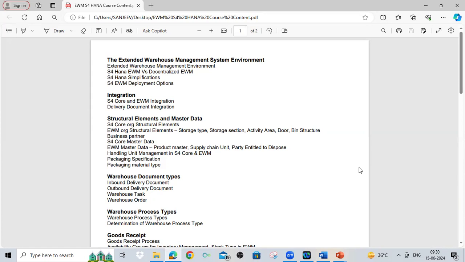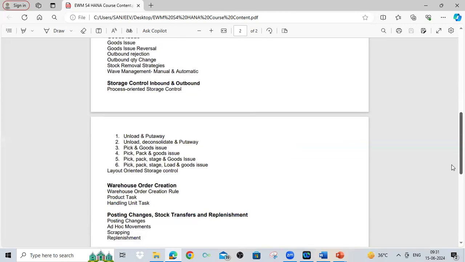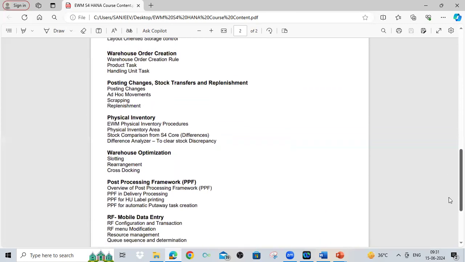And along with that, will you also be covering the TM-EWM integration part, or integration with some other module? TM-EWM mostly come together in many cases. So TM-EWM integration is not covered here, but what we are covering, I will show you, because here, if you scroll down,